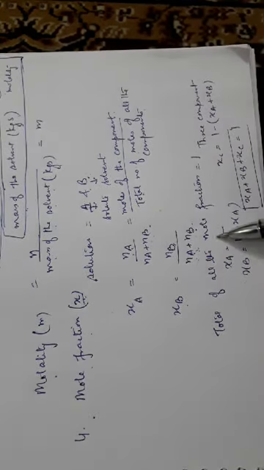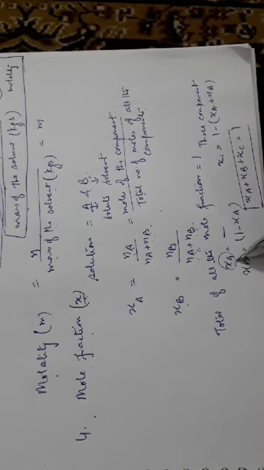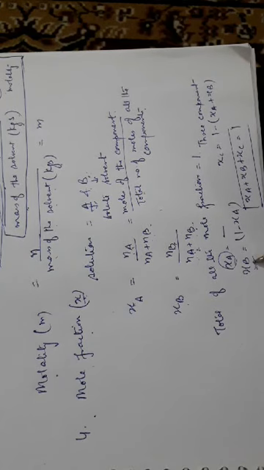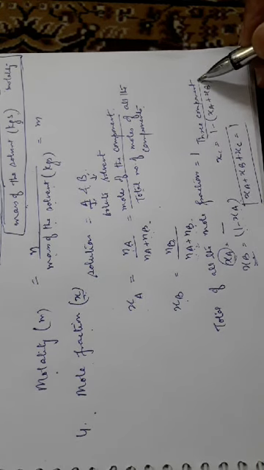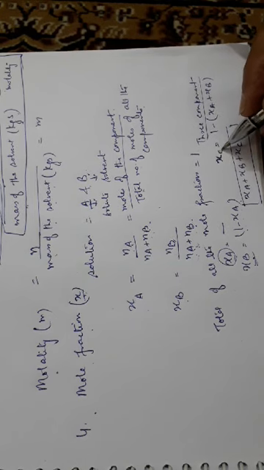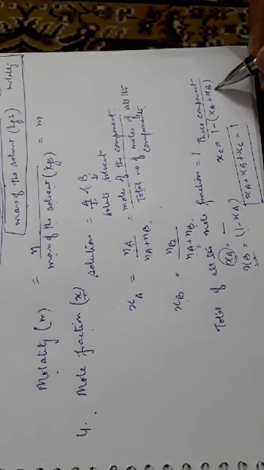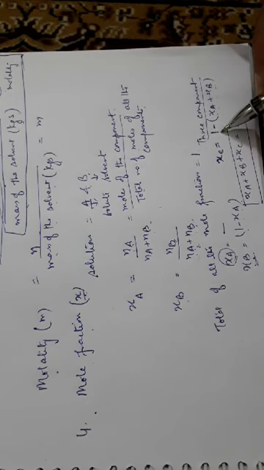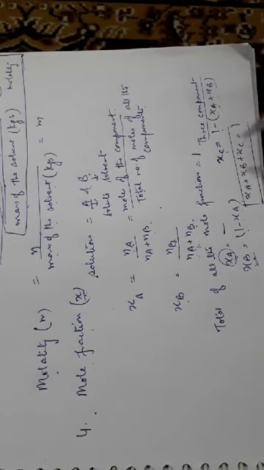Now the total of all the mole fractions is always equal to 1. So if we are able to calculate XA, we need not go for calculation of XB, it will be equal to 1 minus XA. For the three component systems, say for example A, B and C, the XC, the third component mole fraction, will be the difference of the total of XA and XB from 1. So if you have calculated XA and XB, we need not calculate XC, as we know the total of all, XA plus XB plus XC, is equal to 1.